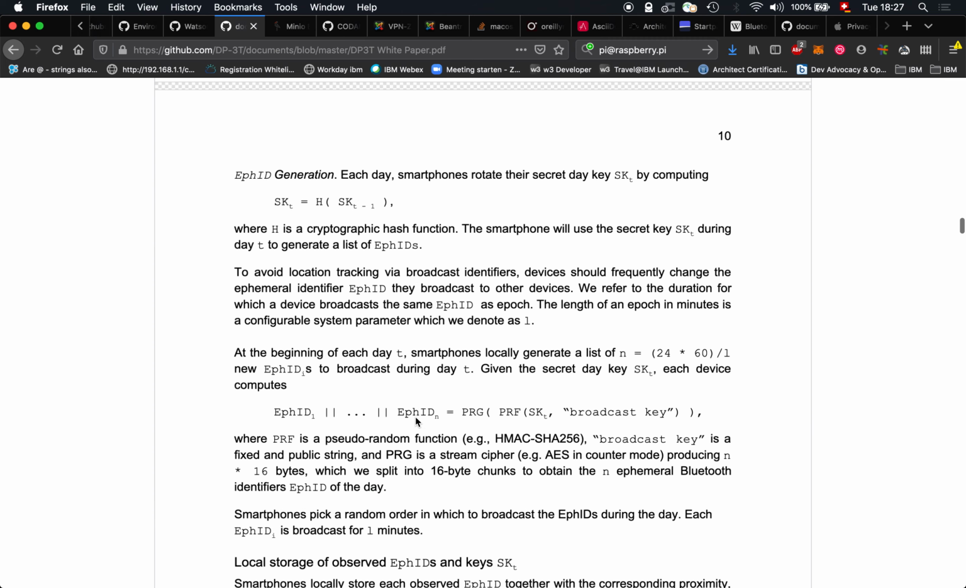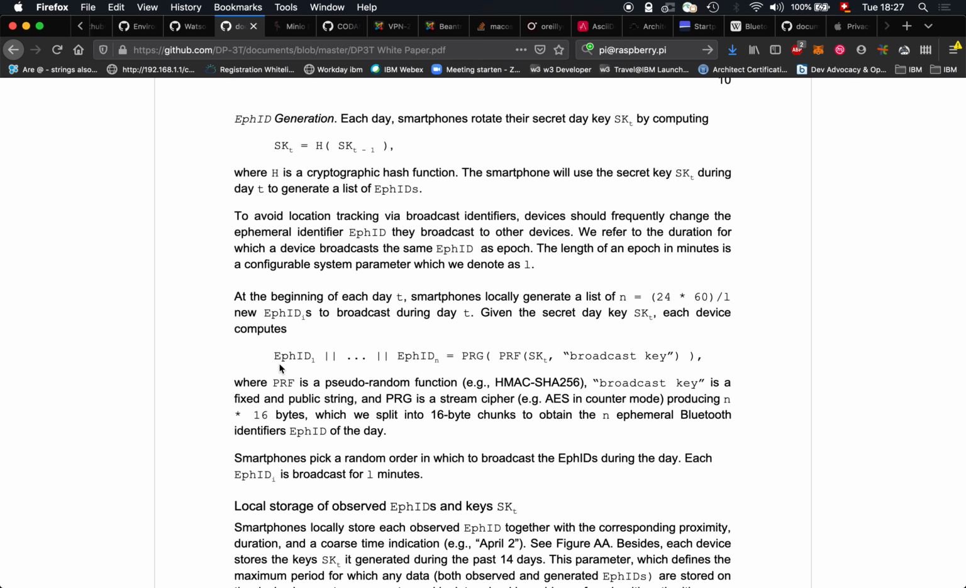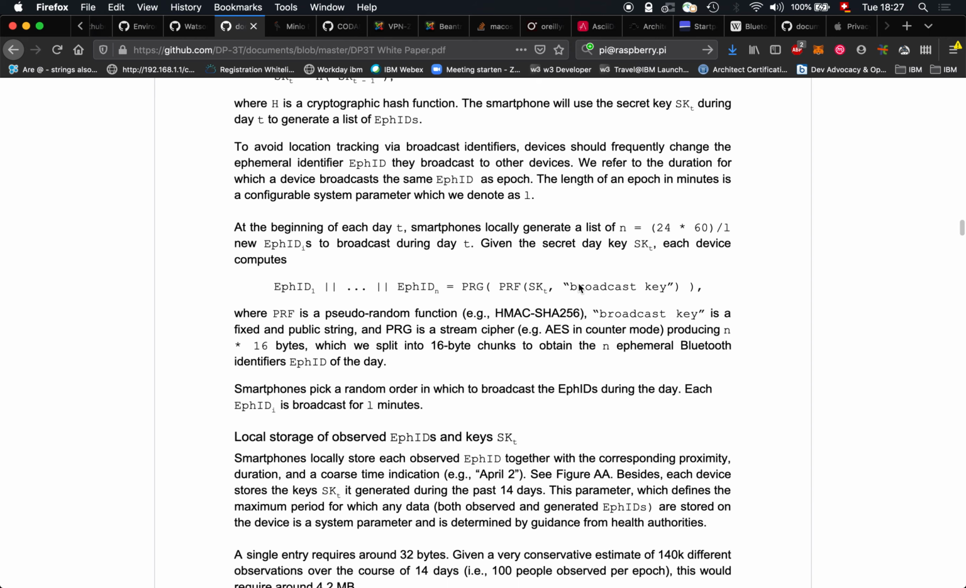And then, interestingly, you can create these short-lived IDs using this function here, PRG, PRF, SK_t, and broadcast key. Okay, so let's have a look how this works. So broadcast key, that is just a string which never changes, and that's common to all the participants. Okay, and then the PRF is a pseudo-random function, for example HMAC